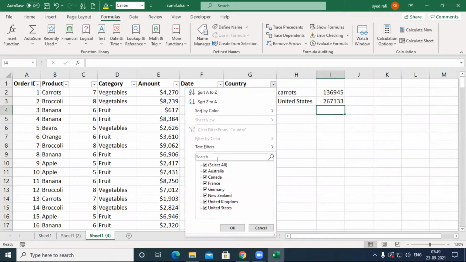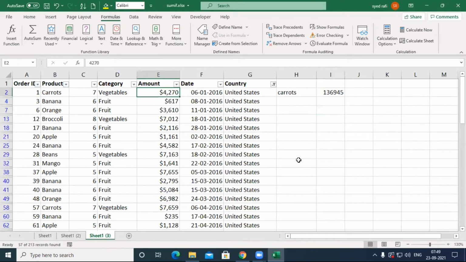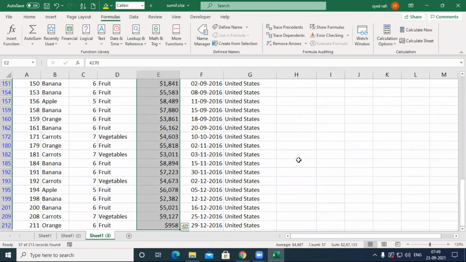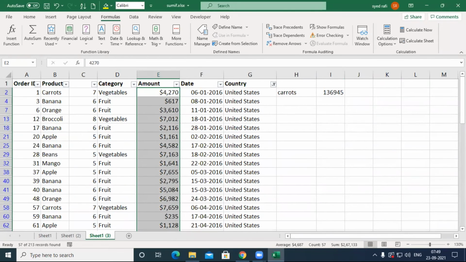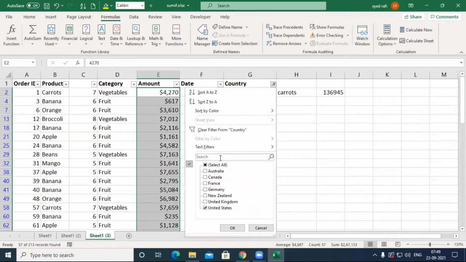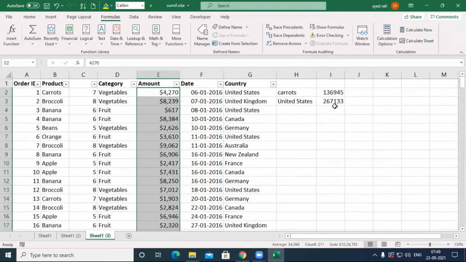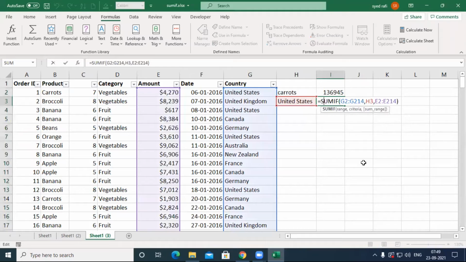I select only the United States and select this one and press Control Shift Down Arrow. Now I got this value, 2,67,133. Let's remove this one. Then we get this one, 2,67,133. Okay. So in SUMIF only one condition will be taken.